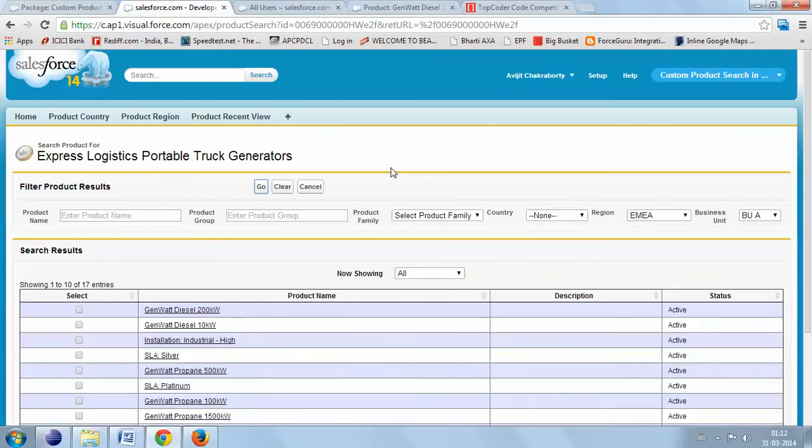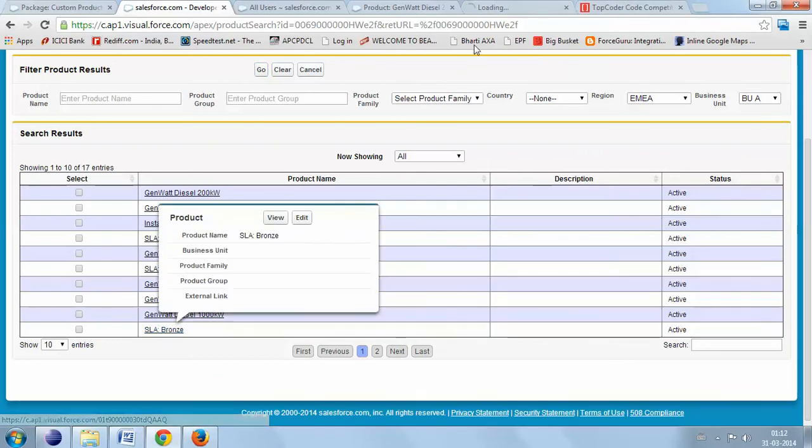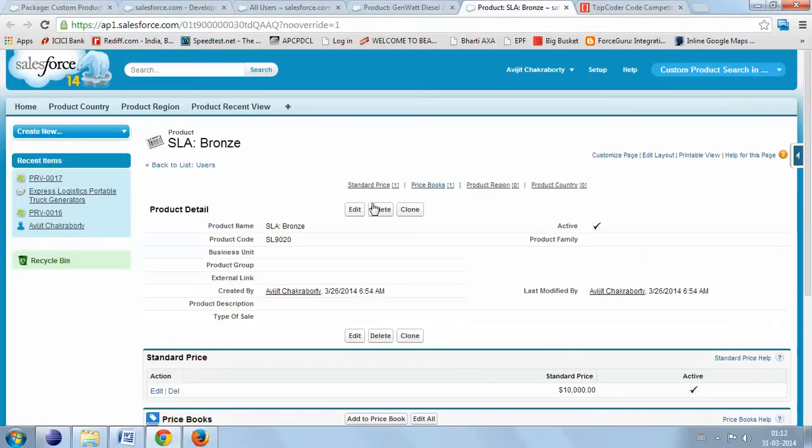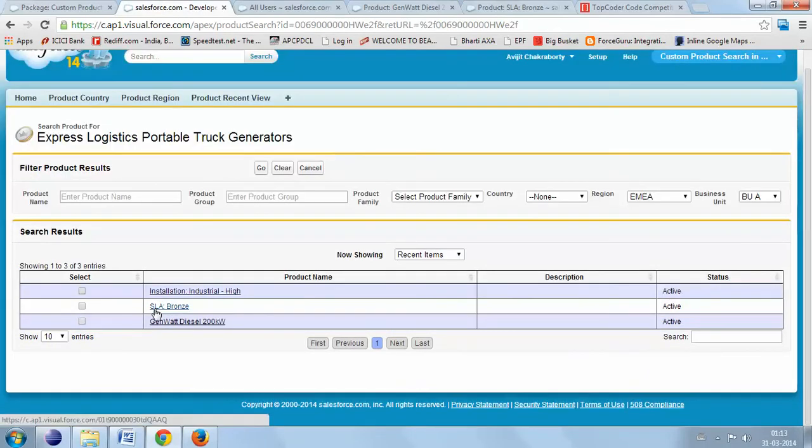and click on go. So now I will visit this product with SLA bronze. So now if I go to the recent items, we can see SLA bronze is coming. So how I achieved it, I have overridden the view button of the product, and as soon as anyone is viewing that, I am inserting one record in a custom object, and if the record already exists, I am updating the record only. So this is how I configured that recent item, because recent items is internal to Salesforce,